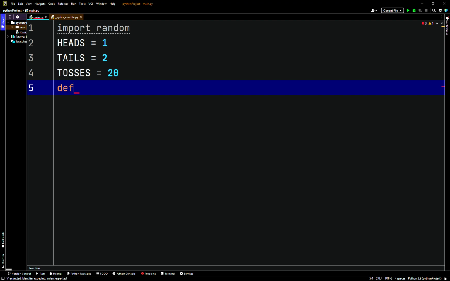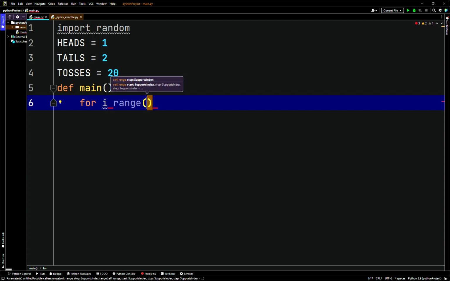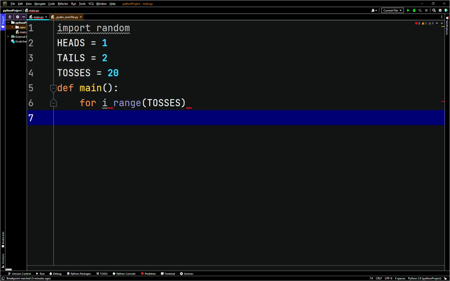So we'll say def main here. Then for i in range tosses. We can use a variable here, or we can just put a number, it doesn't really matter. So for i in range tosses,